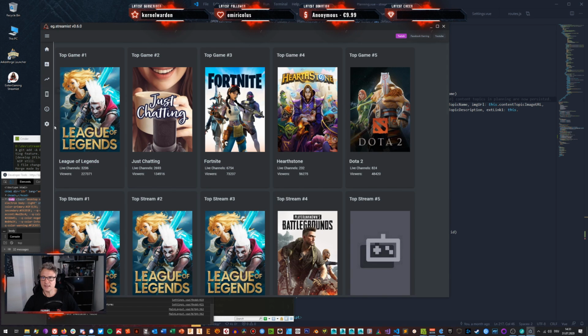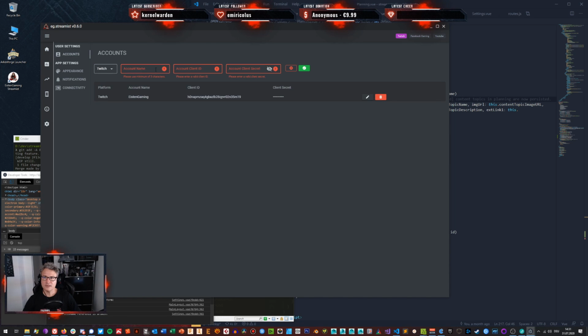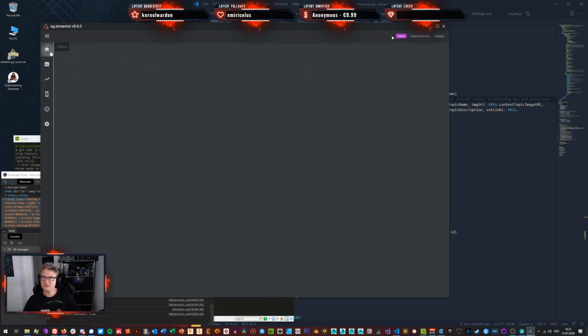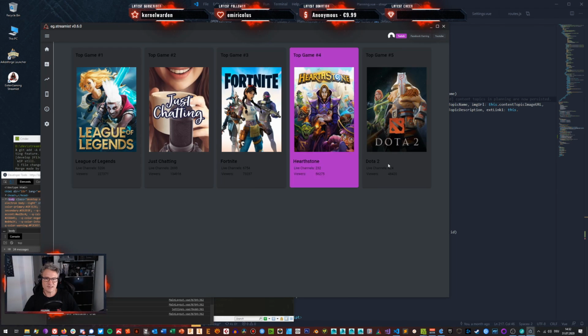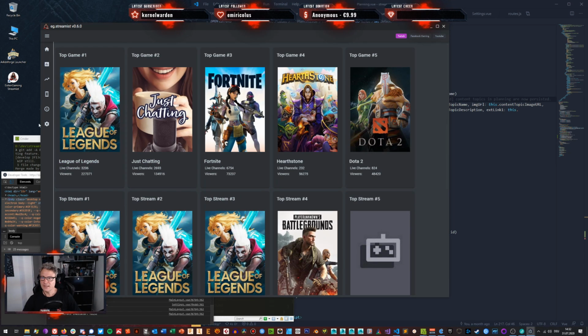So first thing, start up the application, go to settings, go to accounts, add the Twitch platform credentials, give it a name, add the account client ID, add the account client secret after you have created one. You need to generate one on the web page that is listed, as I mentioned. Then save it, and you're good to go. You can go back to the home page, and you will see the information streaming in, coming in. Okay, so this is how it works.